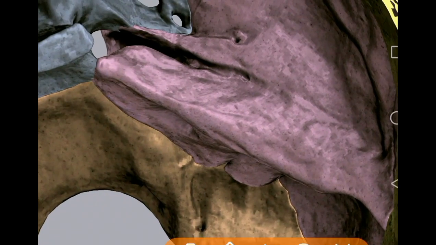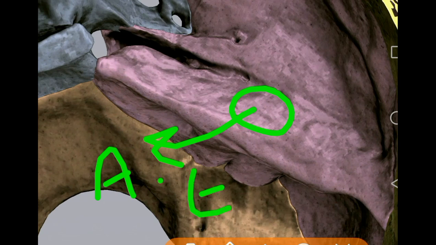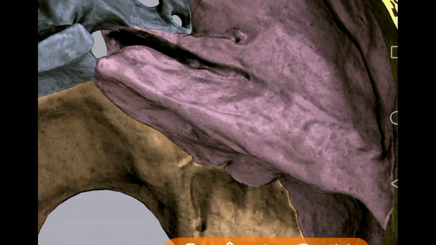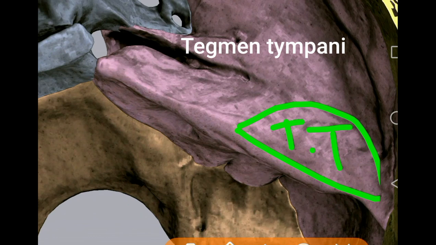And as you go posterolateral here in the middle cranial fossa, there is an arcuate eminence overlying the anterior semicircular canal of the internal ear. Arcuate eminence is formed by the anterior semicircular canal of the internal ear. And as you see here, you will see the tegmen tympani, a thin plate of bone which covers the roof of the middle ear, and also the mastoid antrum, or you can say the tympanic cavity. So it overhangs the mastoid antrum, the tympanic cavity, and you can say the bony part of the auditory tube.